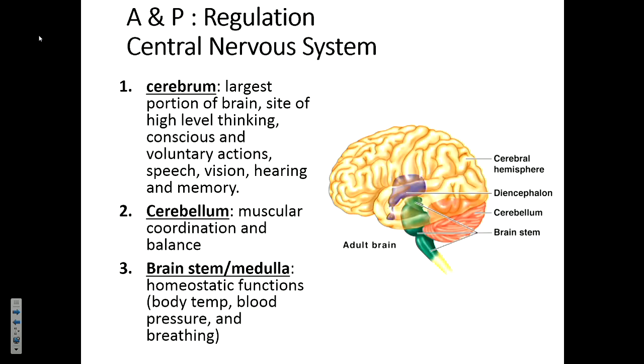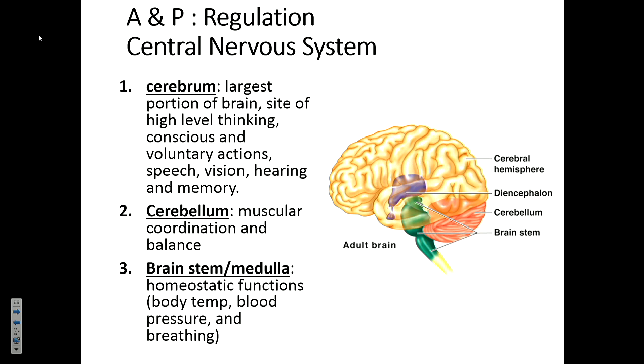All right, I'm going to go through the central nervous system in a little bit more detail. When you look at your packet, you see that you have three components listed, 1, 2, and 3. I have them highlighted in orange in my packet, so if you're following along, you can see it. The cerebrum is the largest portion of the brain. We're looking at the beige portion in the figure, where we have higher level thinking and voluntary actions. We have all kinds of things going on, vision, hearing, speech, memory, all controlled in the cerebrum. The cerebellum is the portion at the back base of the brain